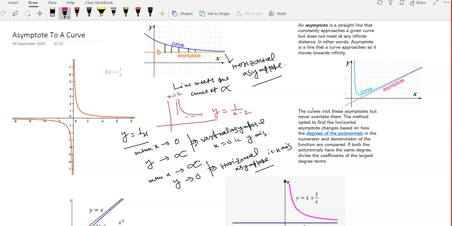So x is equal to 2, because if you take x minus 2 equal to 1 by y, when y is tending to 0, that is tending to infinity. Wait a minute, first we clarify this one. When x tends to 2, you can see that y tends to infinity. So x equal to 2 is a vertical asymptote. This is the case of a vertical asymptote. So the condition for a vertical asymptote will be as follows.